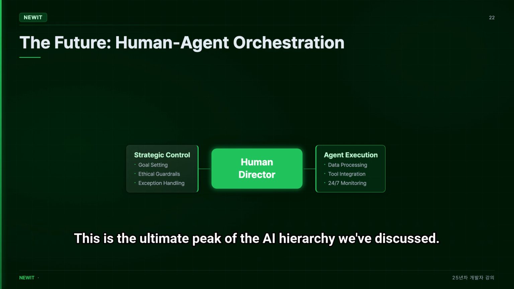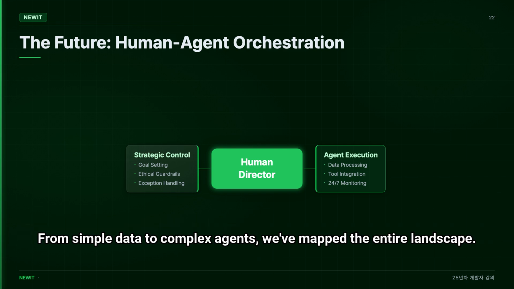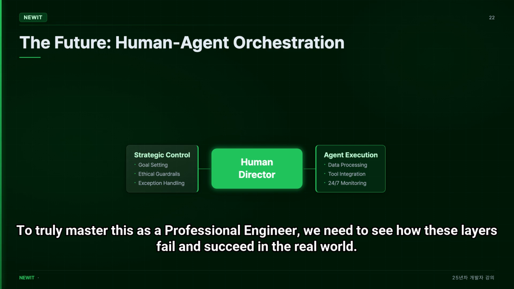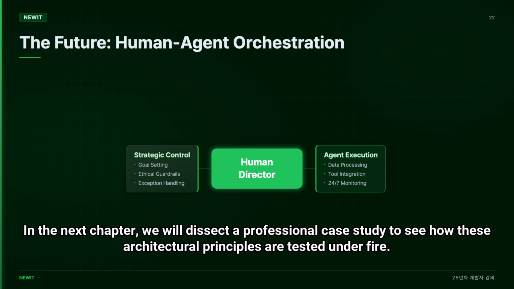This is the ultimate peak of the AI hierarchy we've discussed. From simple data to complex agents, we've mapped the entire landscape. But theory is one thing, practical application is another. To truly master this as a professional engineer, we need to see how these layers fail and succeed in the real world. In the next chapter, we will dissect a professional case study to see how these architectural principles are